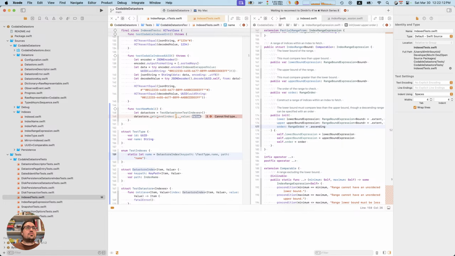Okay, so that's typed correctly. So we can ostensibly say dot name, and then here this has to now be a string.